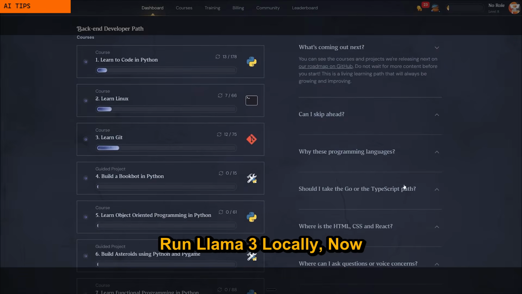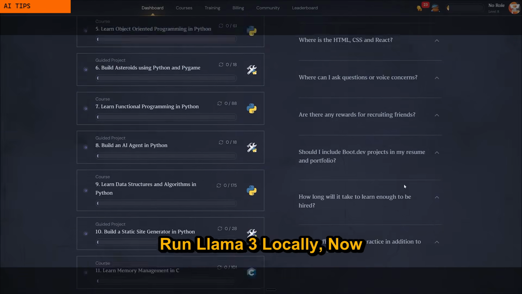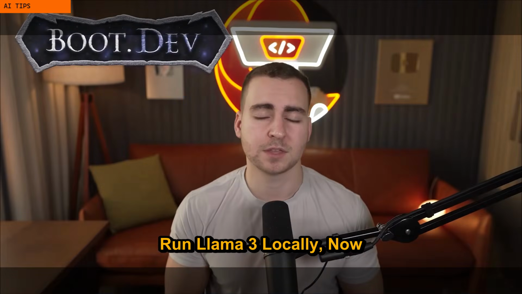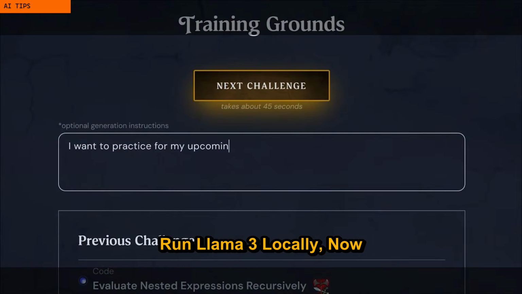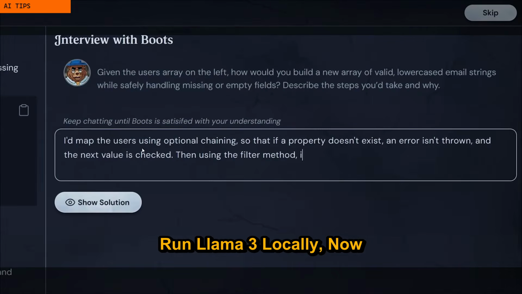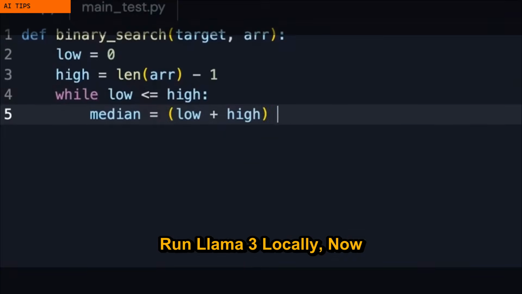Write a short, enthusiastic paragraph about the benefits of learning Python for beginners, focusing on its versatility. And just like Ollama, LM Studio delivers a great response. Now, a quick but